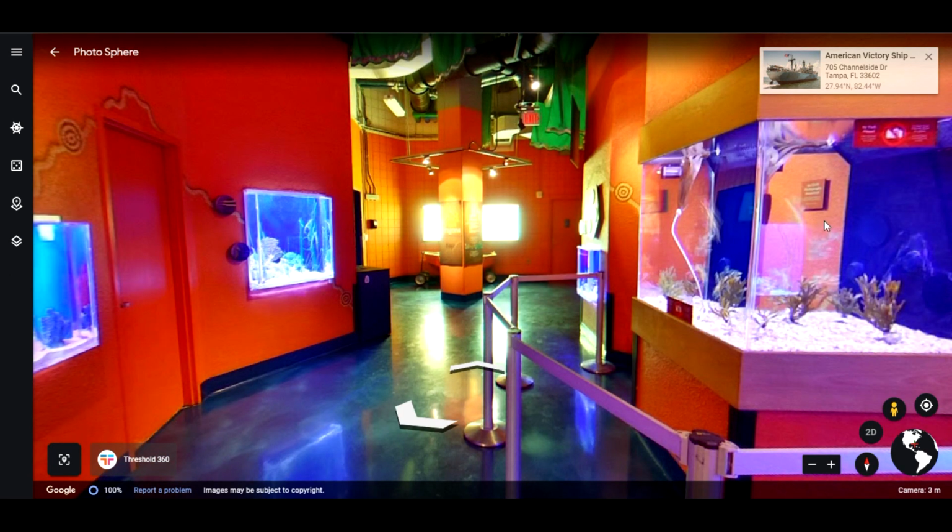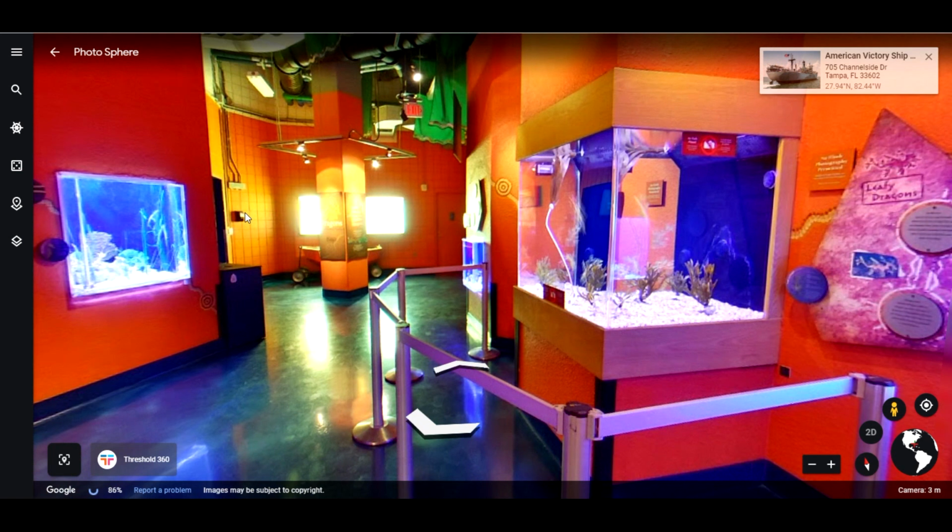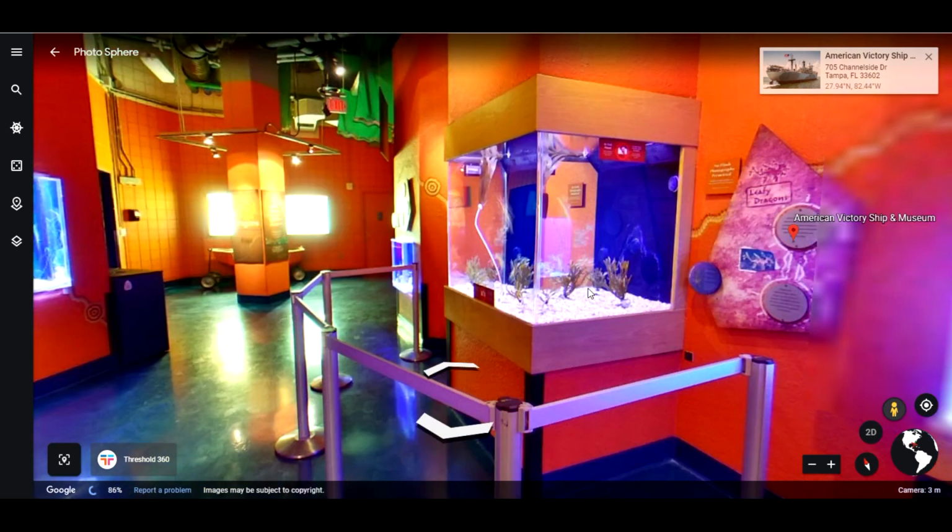We're actually inside the ship. Oh, or are we in the, where are we? Where did we just drop into? I think we're in the aquarium. Actually, I don't want to be in the aquarium, but the aquarium is very nice. You should definitely check that out, especially if you have kids or you need something to do on a hot